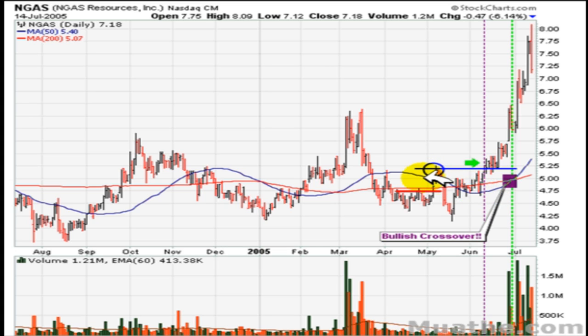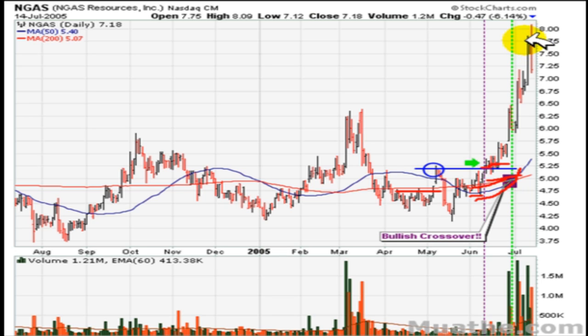And now you see that the 50-day moving average is also flat right there. You can see that. So the only way this can cross over that at this point is you buy the stock during this move right here. This break right here shows that more than likely the 200-day moving average is going to move higher. The 50-day moving average is also going to move higher and cross over, and that's a bullish sign of strength. So you buy the stock here at around 5.50, and probably within a couple of days, if not